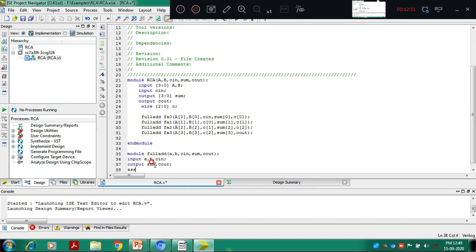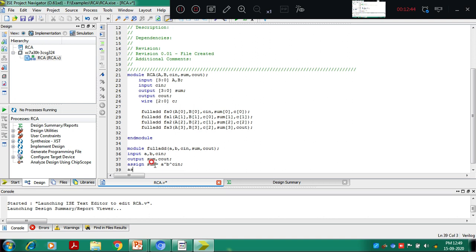The lower level we are writing with the help of data flow style of description. Assign sum equal to A XOR B XOR C in. One more assignment for C out: A and B or